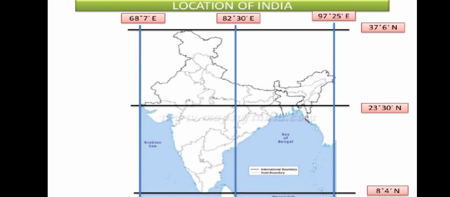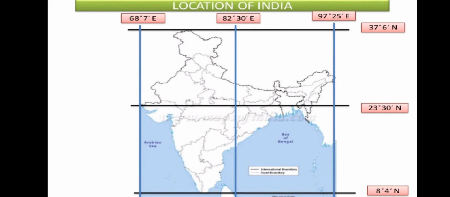Here you can see the latitudinal and longitudinal extent of India. Latitude 8 degree 4 minutes north to 37 degree 6 minutes north. Here the longitudinal extent